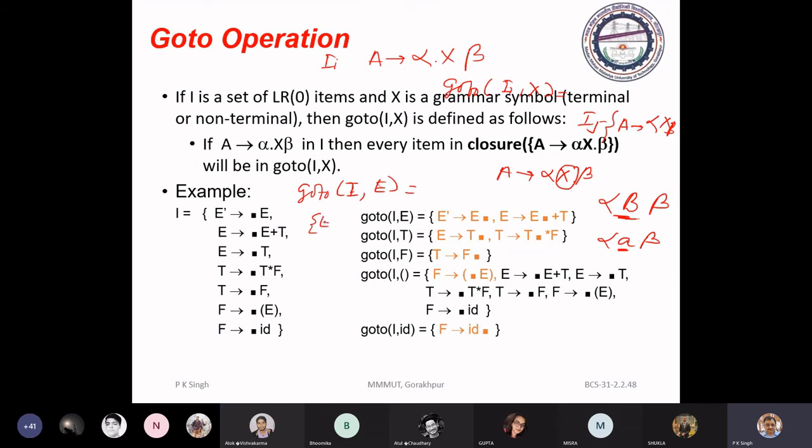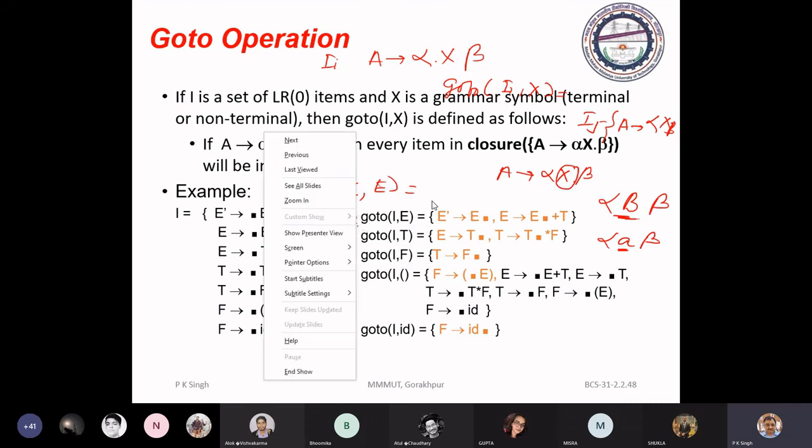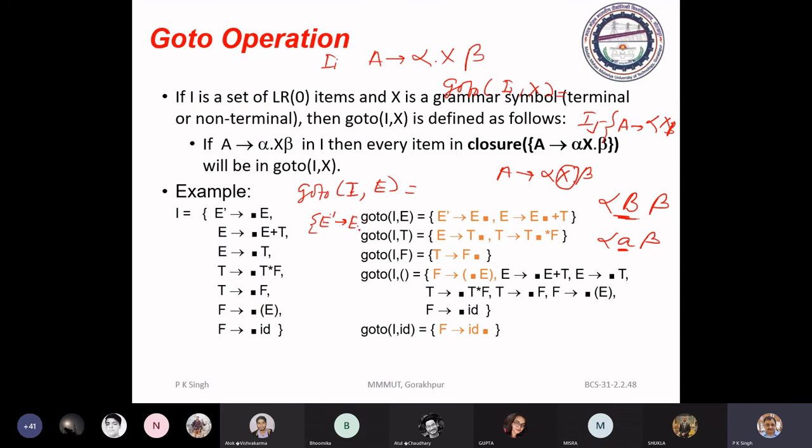You will get E' → E dot, and another, here you can apply, E → E dot plus T. These two items will be in goto, and that will be a new item set Ij.